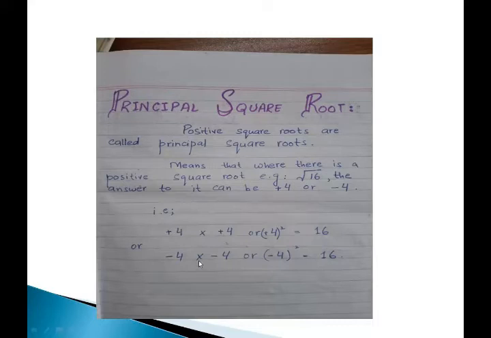But whenever there is a minus sign with the 4, so minus 4 multiplied by minus 4, or the square of minus 4, minus minus is plus, and 4 multiplied by 4 is 16. So we have got 16 over here. In either case, if you square with the plus sign or the minus sign, you are going to get 16. So the principal square root means that in general form we write the square root of 16 as positive, but the result can be plus 4 or minus 4. I hope you understand.